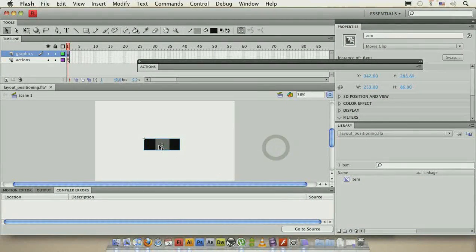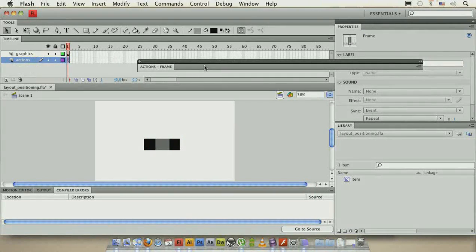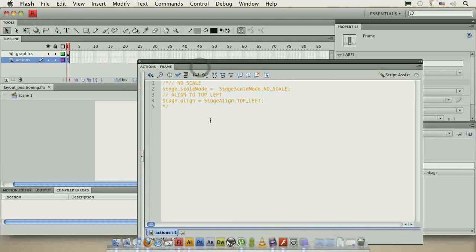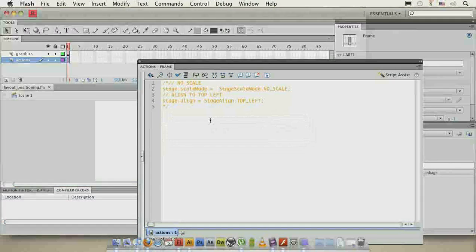Cool. So let's start with the layout and positioning. First of all, we have an object on the stage. This is a movie clip with the instance name of item. So this is how we'll access it through ActionScript, right? We'll access it through the item instance name. By default, if we run that,